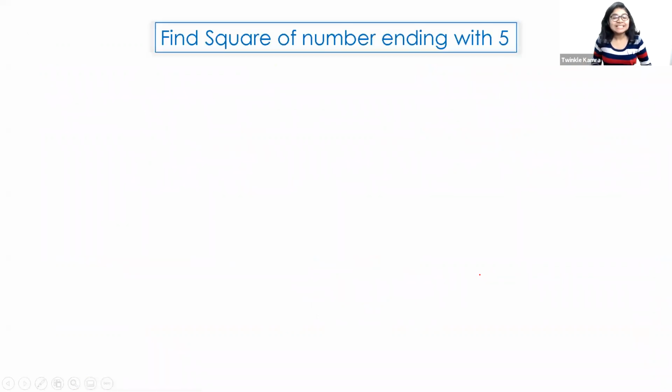All right. So now, finding the square of a number ending with 5. Here is a trick. Let's say I want to find the square of 15. How do you do this? Simple. The last two digits are always fixed: 5 into 5, 25, you will always get when the number is ending with 5. What is left? This 1. You multiply 1 into a number greater than it, which is 2. So 1 into 2 is 2. So the answer is 225.